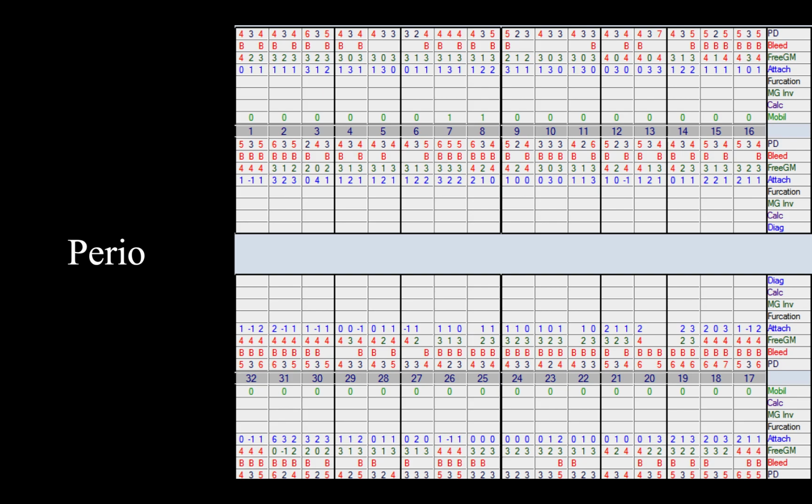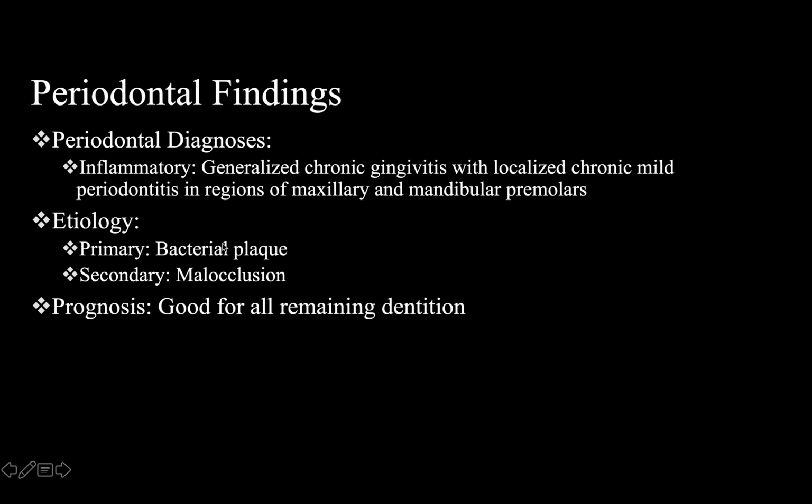And a lot of that was consistent with just not being to a dentist in a while. We know that with smokers, typically they present with less bleeding on probing, but actually this was not her case at all. About 80% of the entire mouth was bleeding on probing. And so we reached the periodontal diagnosis of generalized chronic gingivitis with localized chronic mild periodontitis in the regions of